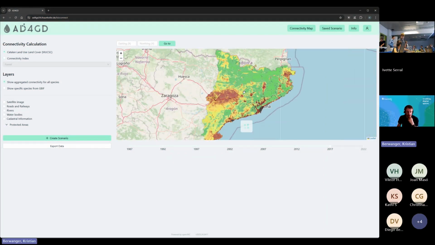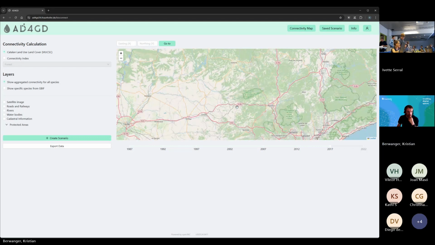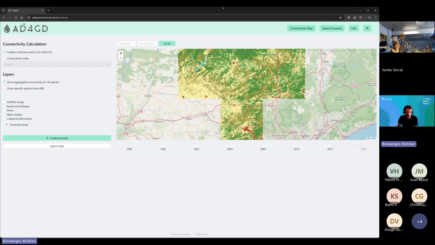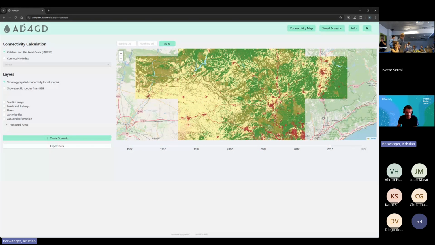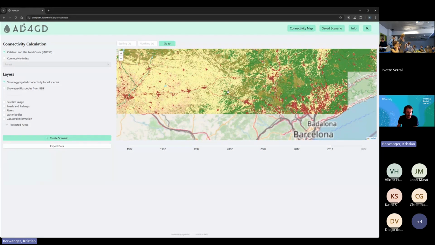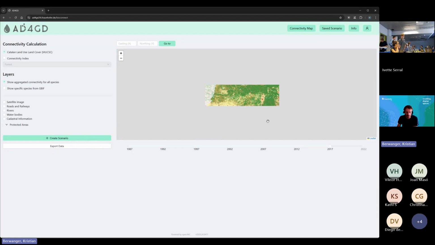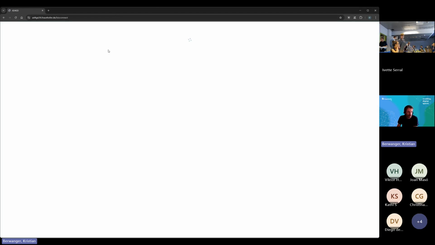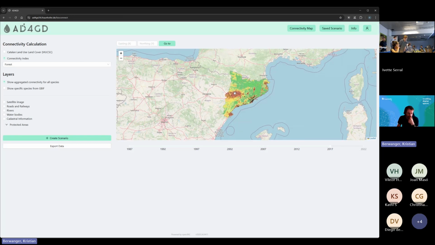So I will do this presentation of the second tool, the Bioconnect tool, a little bit shorter to stay in time. So the Bioconnect tool, sorry, this map is jumping a little bit at the moment. Let me reload. So the Bioconnect tool basically has a landing page where the user can